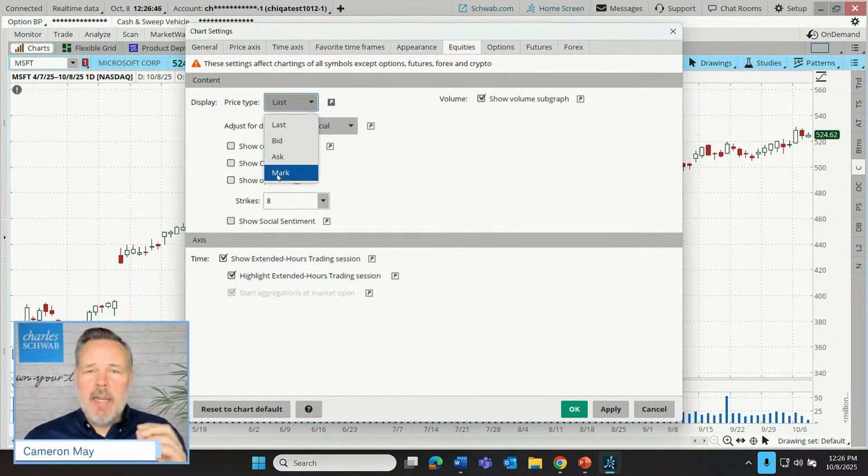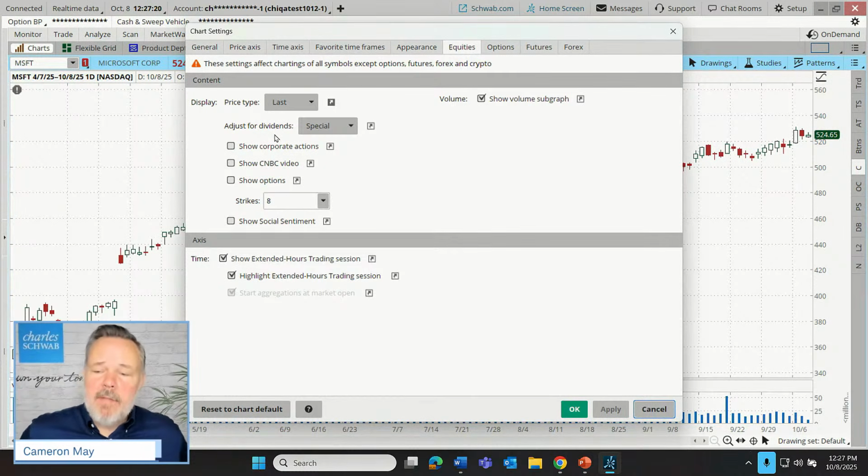With a heavily traded stock, there's not going to be a huge difference from one to the next in most cases. If it's illiquid, we'll see more prominent changes. But for something like Microsoft, if I were to change this to the bid price, right now you can see we're at 524.62. If I change that to the bid price and click apply, it's going to be maybe a penny or two of difference, usually a penny. In any case, I'm just going to leave that as the last default. We can adjust for dividends on a stock. This is something that I've discussed a number of times in my webcasts.